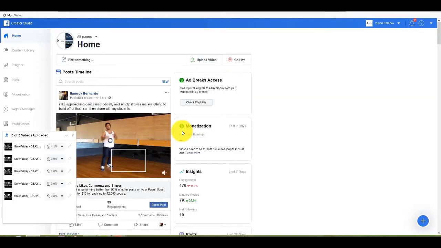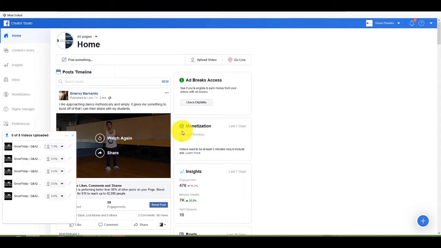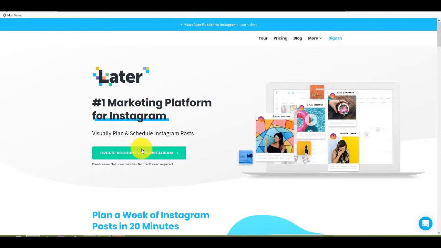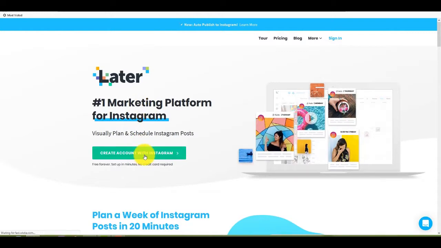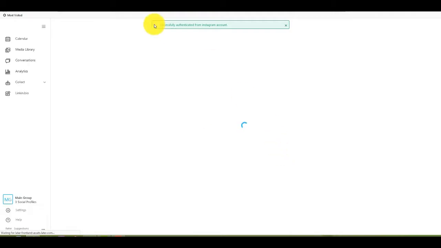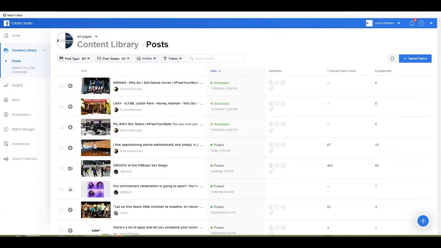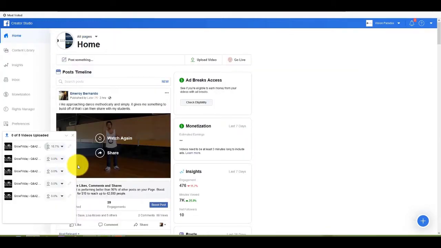I'll show you guys in a bit why this is such a great thing in terms of uploading the videos natively on Facebook and bulk uploading it natively on Facebook versus using a third-party platform like Later. And I love that platform because it's my favorite multi-platform scheduling tool for managing all the accounts. But the fact that I can upload a lot of things here natively, I'll show you in a bit. Once it's done, I'll show you guys exactly why I thoroughly enjoy this.